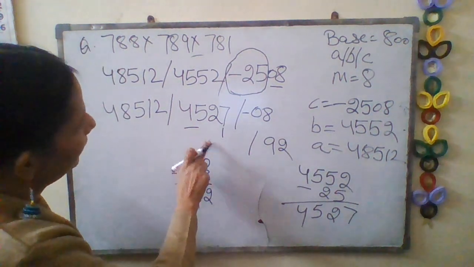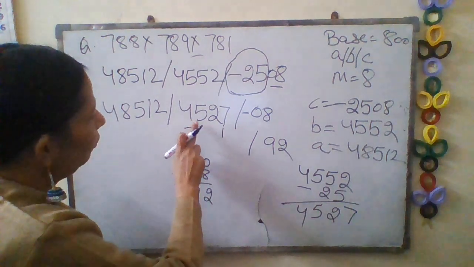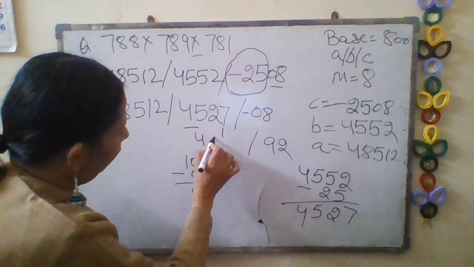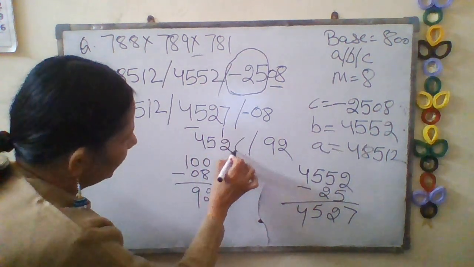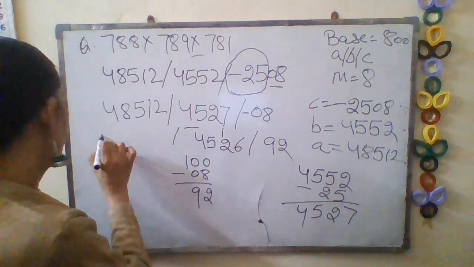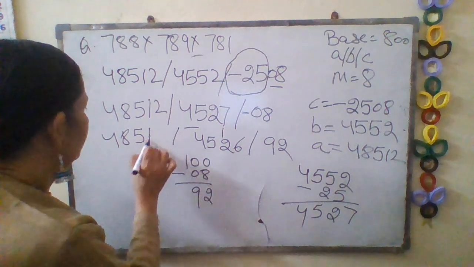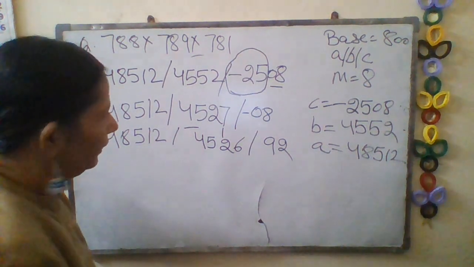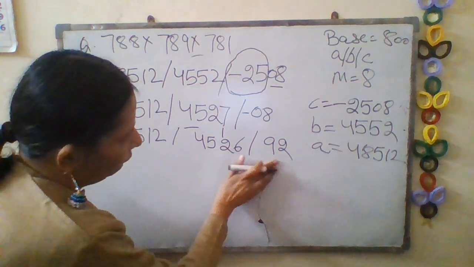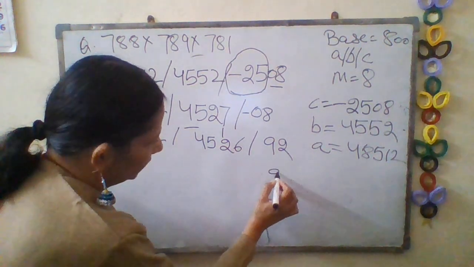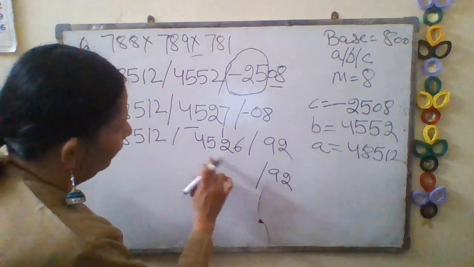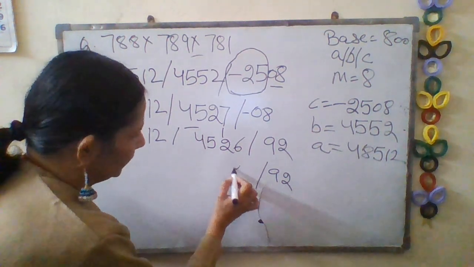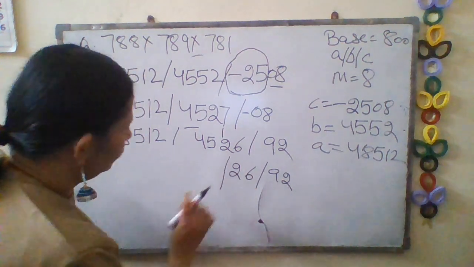You see, this part is important. Okay, 4527 minus 1, you will write down here 4526. Okay, slash, write down as it is. Okay. Again, you see, you have to keep only the last two digits. 92 is okay. Now from 4526, what are the last two digits? 26 are the last two digits.